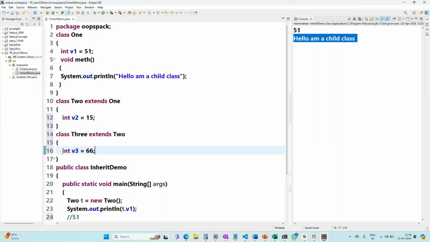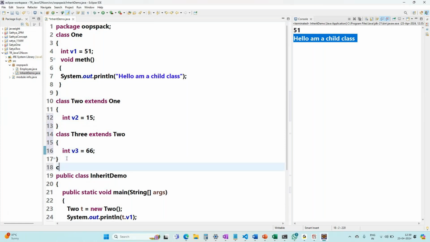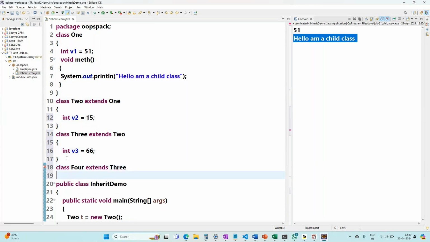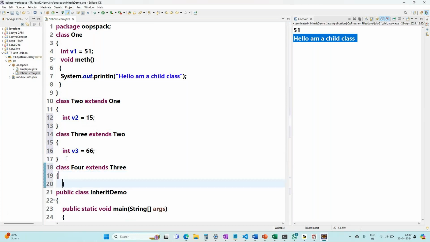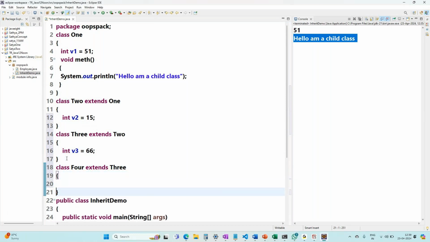V1 is there in class 2, in class 3, right? Okay. Now I'll say class 4 extends 3. Got it? Class 4 extends 3. Now what I'll do is, now I will go for